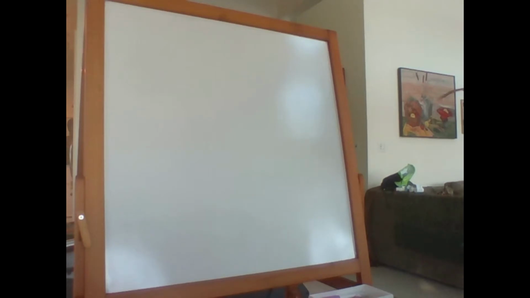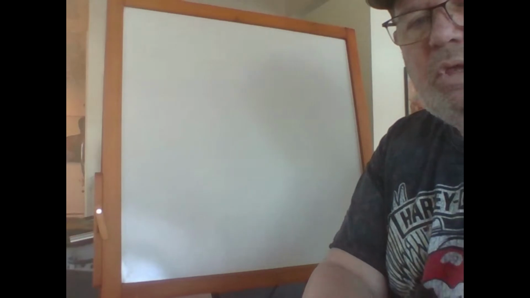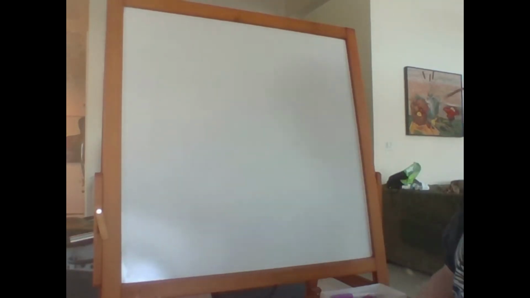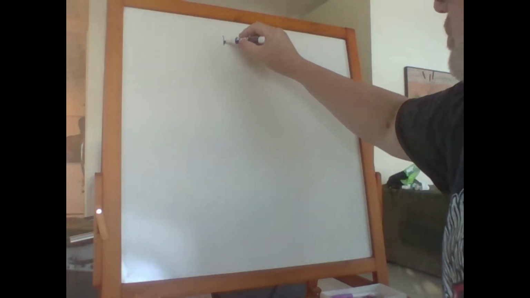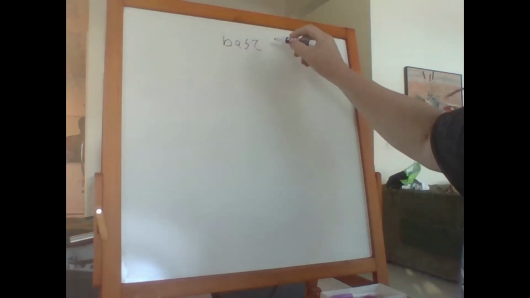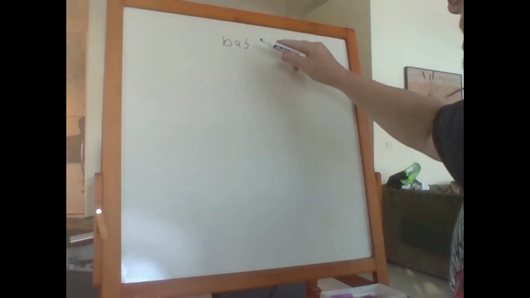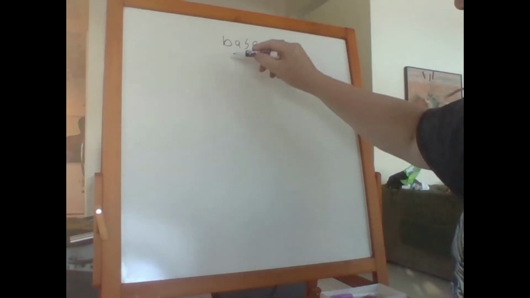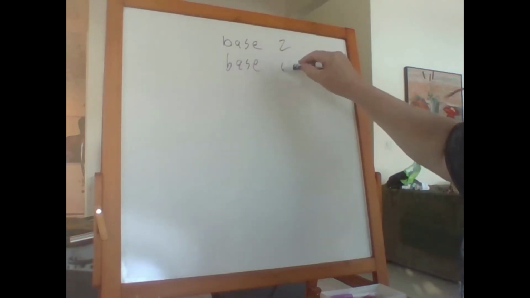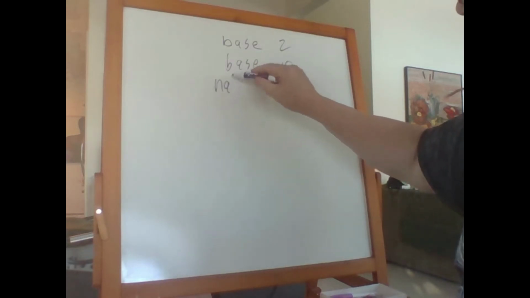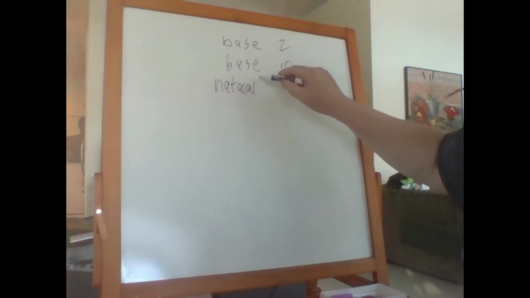Back in the 1600s, when people were creating these tables for engineering, mathematical, and science problems, they basically calculated them for base 2, base 10, and the natural base,